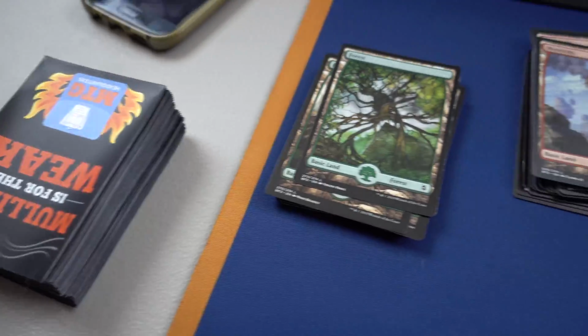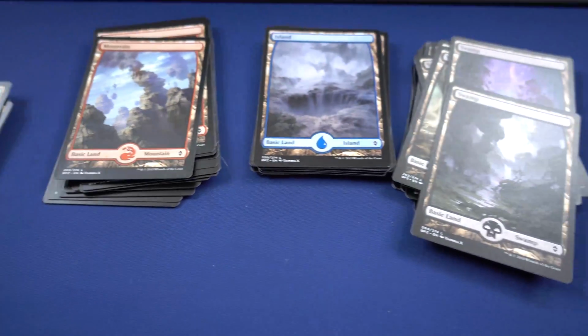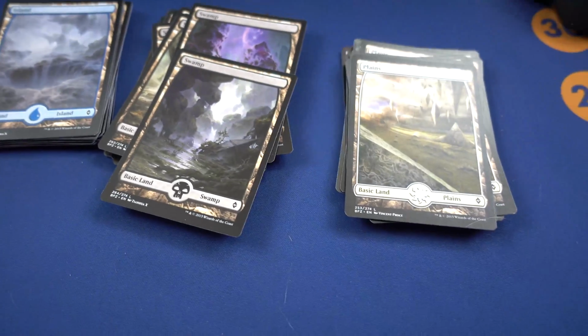I've got some editing to do, I've got some unboxings to do, I've got some day job stuff to do, and then I'll get ready for Amonkhet pre-release. Good luck, everyone. Let's have some fun today. I can't find my basic land pack, so now I have to spend a little time